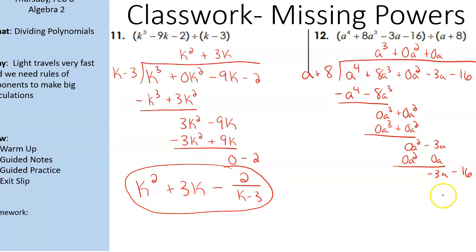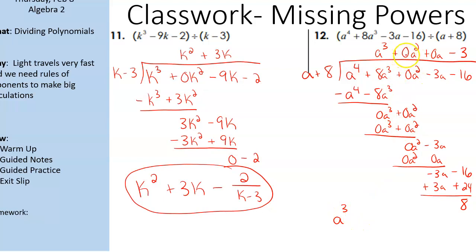Minus 16 comes down. And we do negative 3a divided by a is negative 3. So we multiply through negative 3a, and negative 3 times 8 is negative 24. Before we combine, change our signs. And we have negative 16 plus 24, which gives me a remainder of 8. So my final answer is a to the third